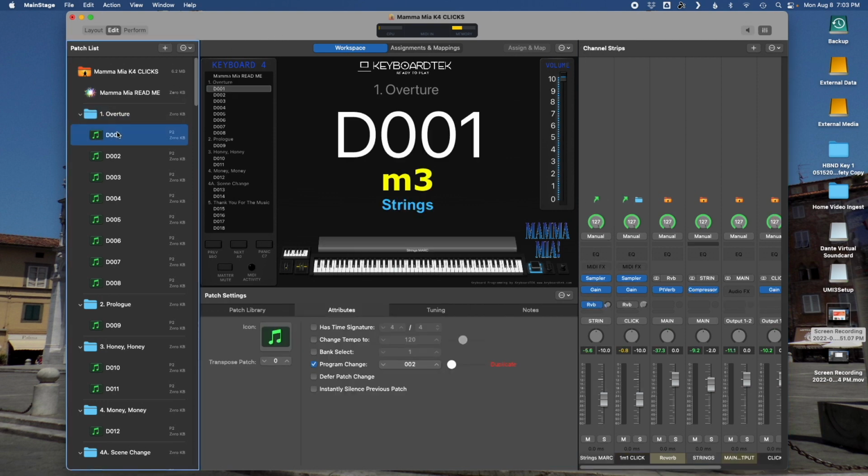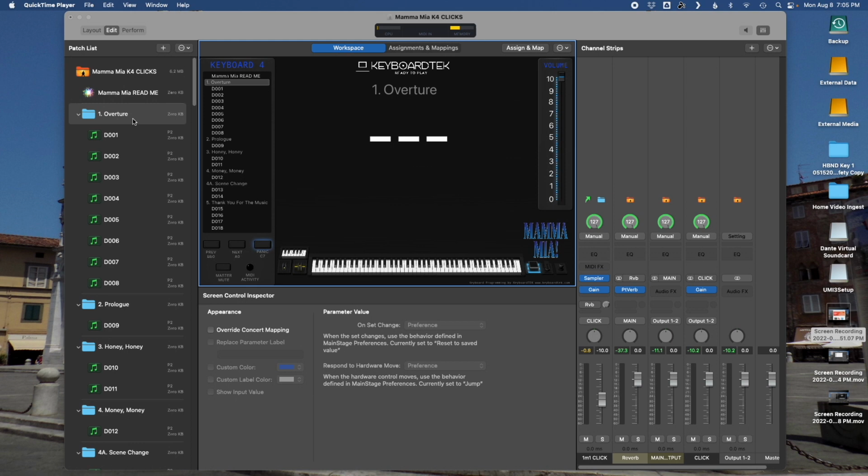We'll put ourselves in the first patch of the Overture, and we'll hit button 1 on our UMI 3, and 1, 2, 3, 4. There we go. We've triggered the click track with our foot on a note that is not on the keyboard. So now we have the click track working with the UMI 3 unit, but in rehearsal you're eventually going to